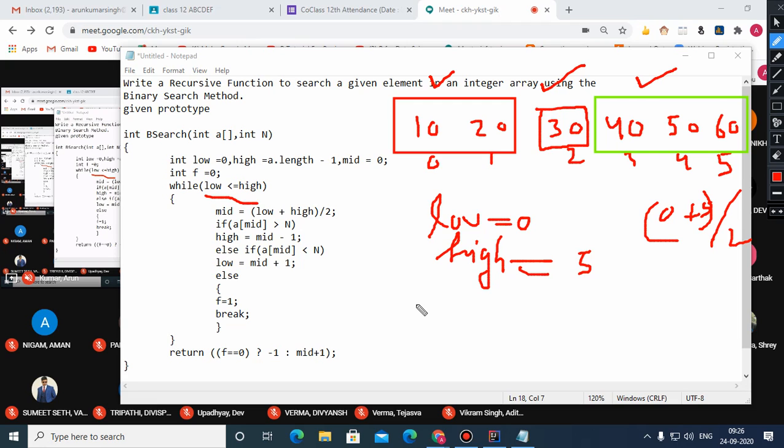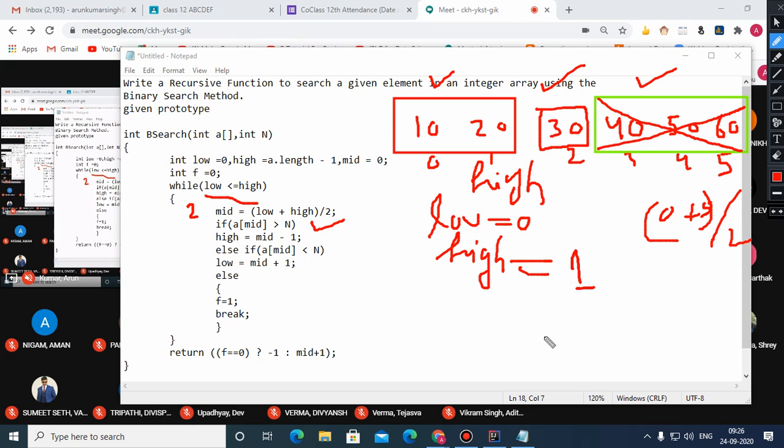So suppose we are going to search 20, what will happen? At present, middle is 2 and array of the middle, this 30 is there. So 30 is compared with this 20. In this case, you can see that array of the middle, which is 30, is more than 20. So it simply means the upper segment is useless because we will not be able to get the element there. So high will become middle minus 1. High will come here. Now this high pointer will start representing this index number 1. And now here this high pointer becomes 1.